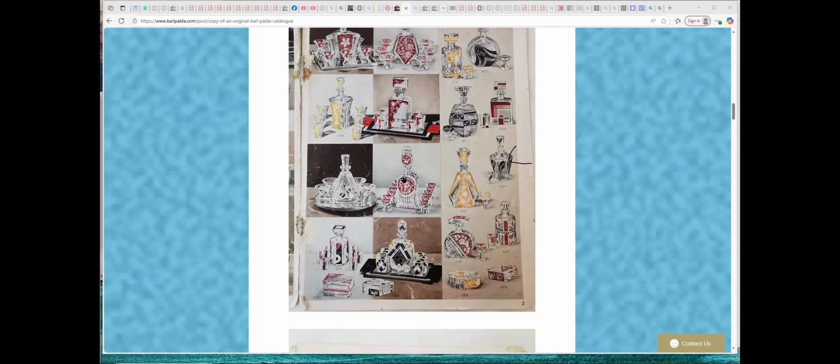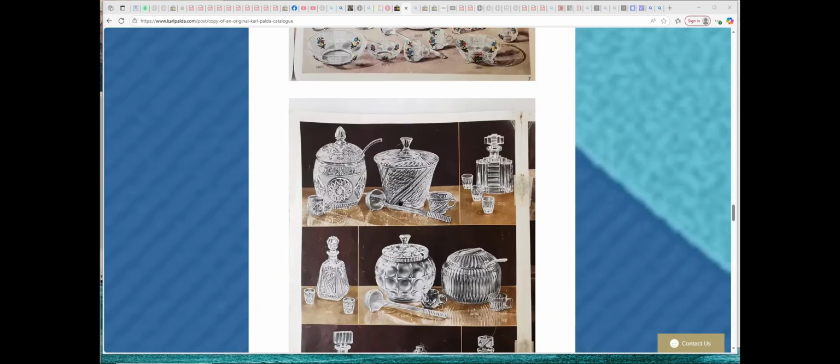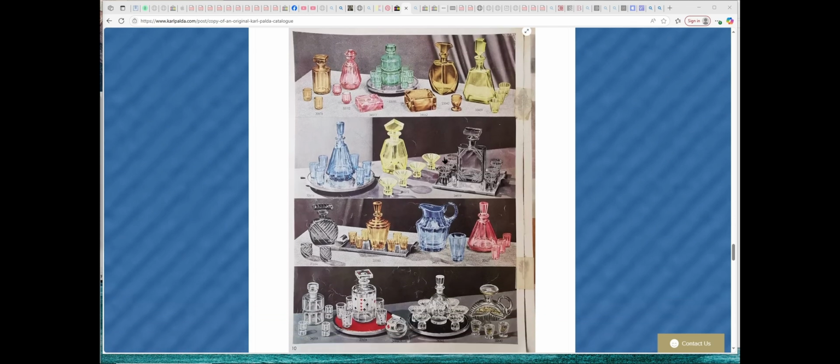It's just so many features that look like, yeah, it's the same artist producing very similar stuff over and over again. And if you go down here and you look at the plain decanters, you're back here with more kite shaped ones, which is a really unusual shape. It's not something you see if you went through all the English catalogues, people like Whitefriars and Stuart Crystal and everything, there's no decanters like that. So yeah, it's unusual, and